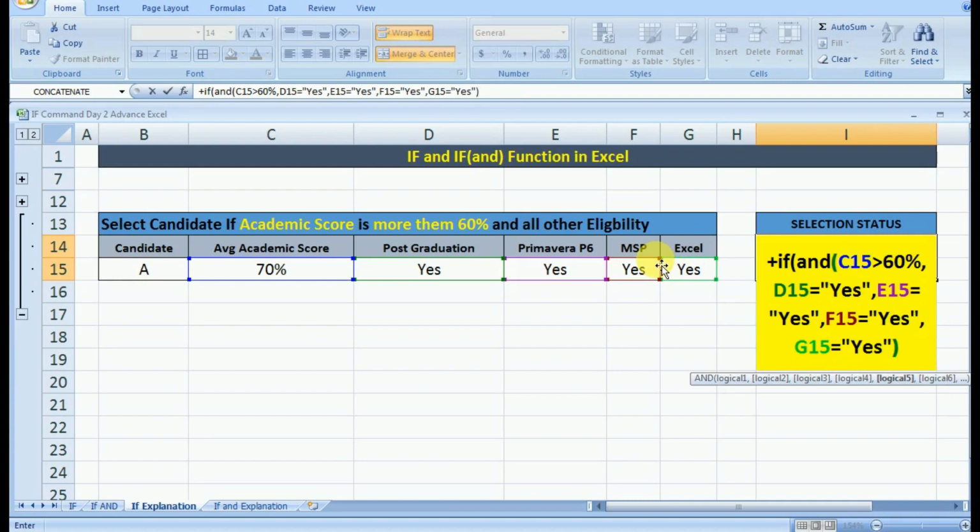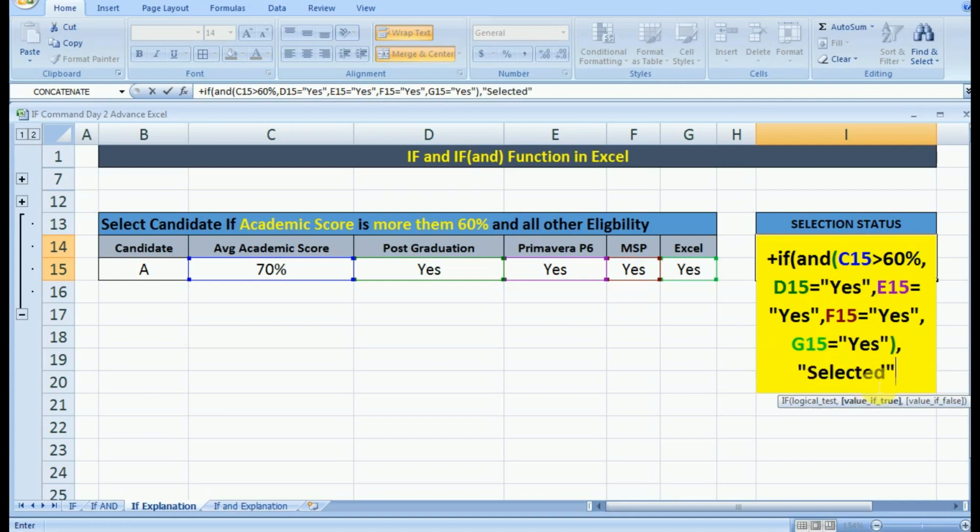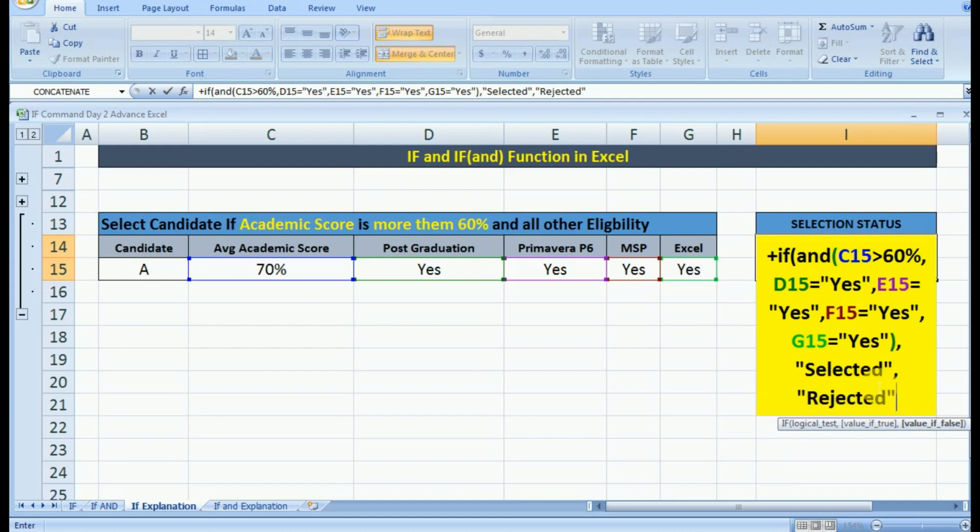If all these 5 conditions are met, that is, everything is true within this AND command, we will give the output selected. And if anything is not true within these 5 logical conditions, then we can use the output rejected.